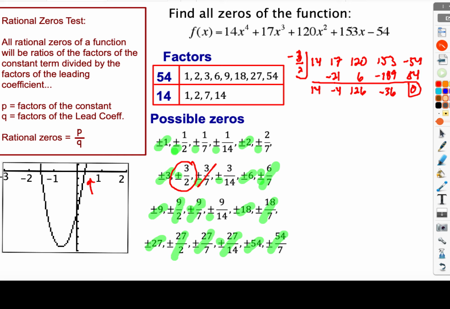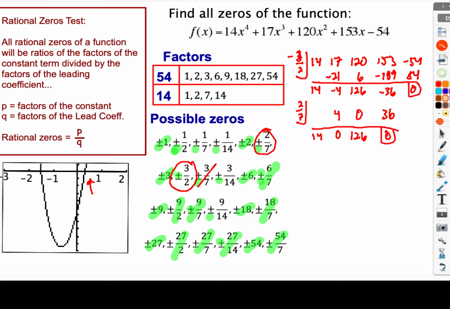Maybe our 1/7, right? Could be a possibility, or possibly our 2/7. Let's try 2/7. Just throwing it out there, and let's see what happens here. Drop down that 14. 2/7 makes 4 is 0. Well, hey, that multiplies much better. And 2/7 times 126. Well, I better check that one out. Don't want to get the wrong number. And sure enough, hey, look, we got our 0. So again, 2/7